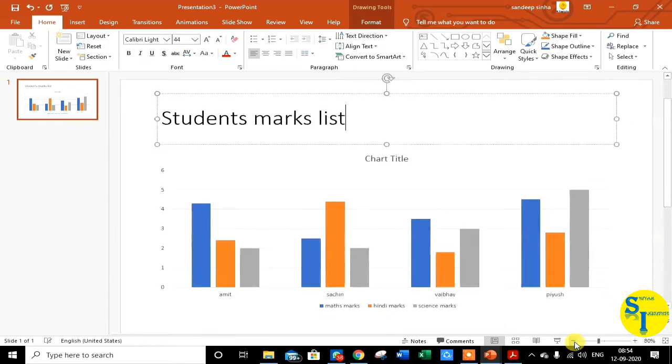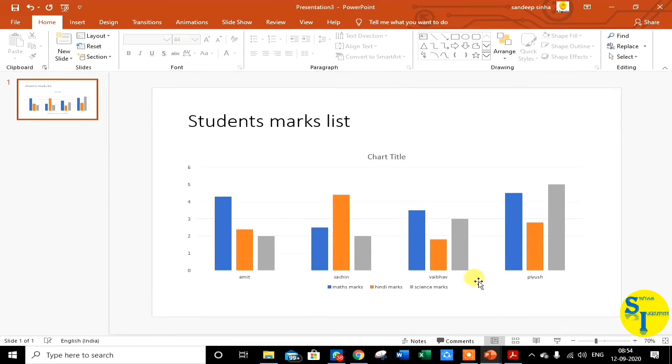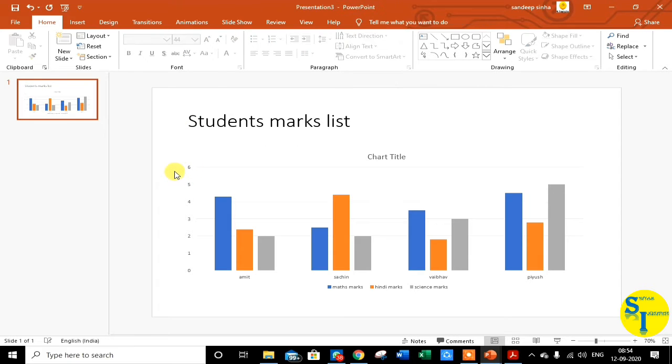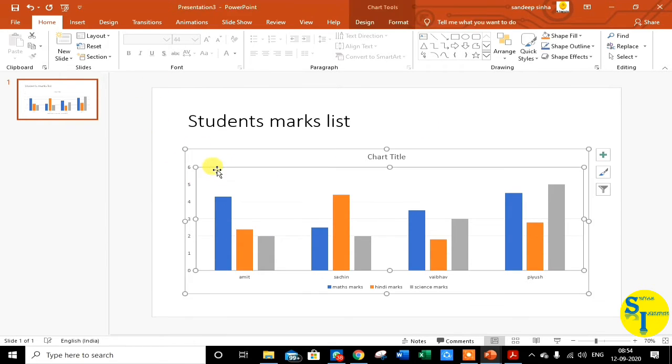Now student, after filling the data, I will explain to you the different components of the chart. So student, you can see this whole area where all the objects are inserted.